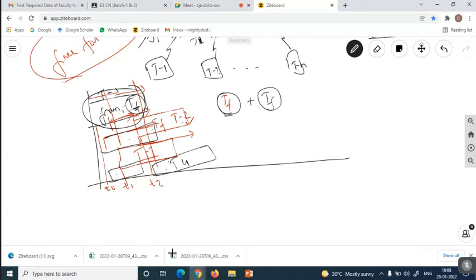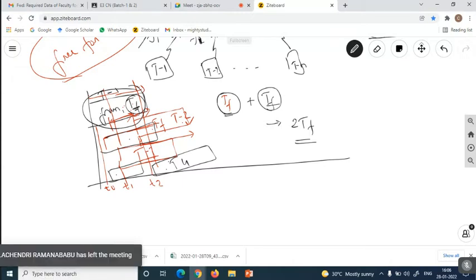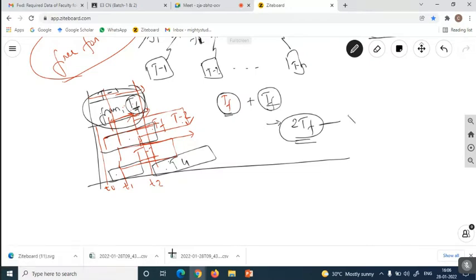That means even if one frame collides with another frame, the maximum amount of time each and every frame is taking for the transmission from any station to any station is a 2TF value. Yes, why? Because the time taken by each and every frame to travel is TF, and the maximum amount of time it may collide with another frame from any one of the terminals is the TF value. So the maximum amount of time it can take is a 2TF value. So this 2TF is called the vulnerable period.